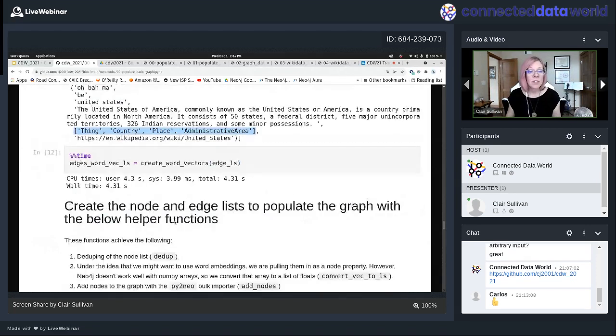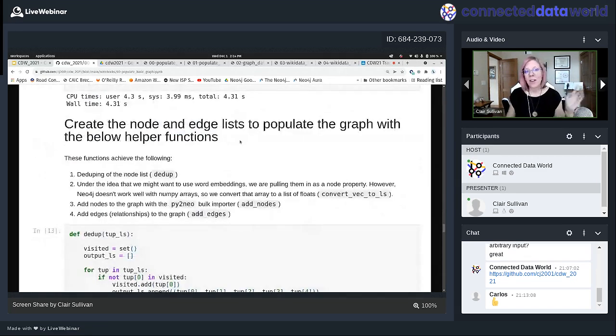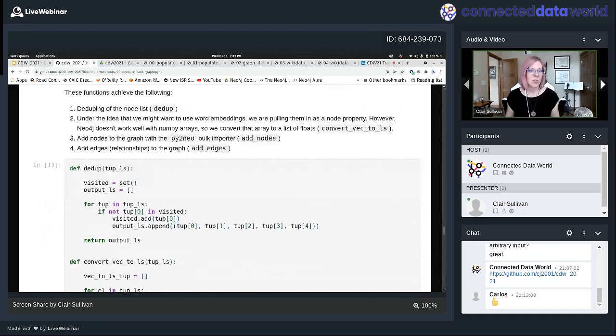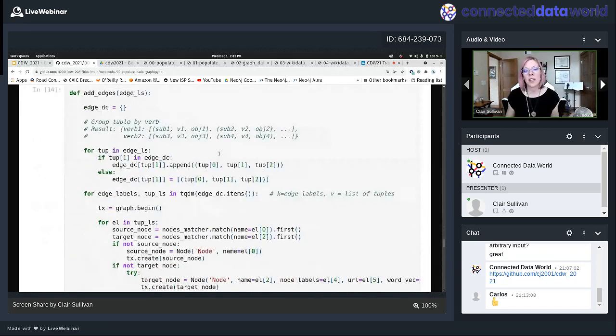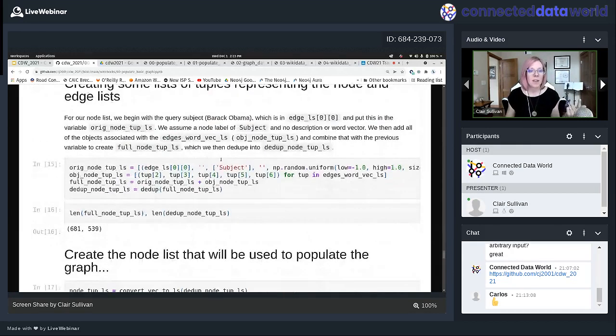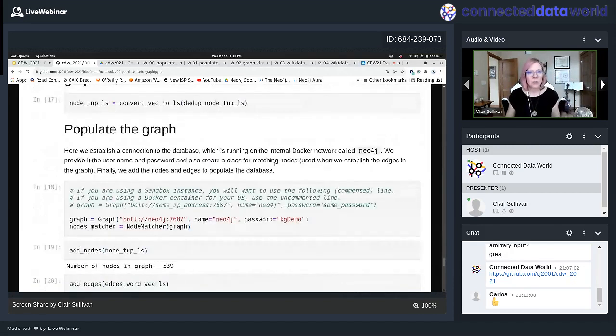Okay, so then we have our node lists and edge lists. Those are the 2 things that you really need for any graph database to populate it. So a node list would contain something like, here's my node and all of the properties associated with my node. Okay, and then it usually has some sort of unique identifier. For my edge list, I would say unique identifier 1 is connected through this type of relationship to unique identifier 2. Okay, so that's basically all this code is doing, creating node lists and edge lists based on Google Knowledge Graph and spaCy. Okay, eventually what happens is we are going to populate the graph.